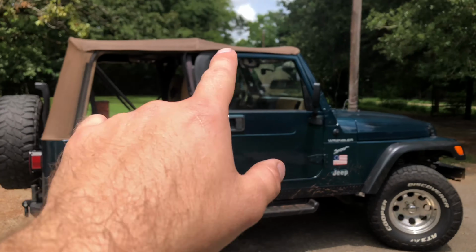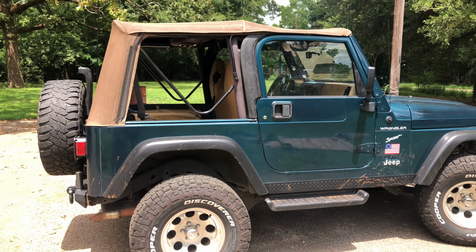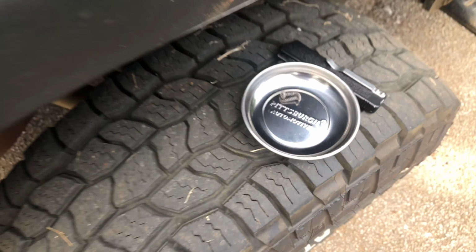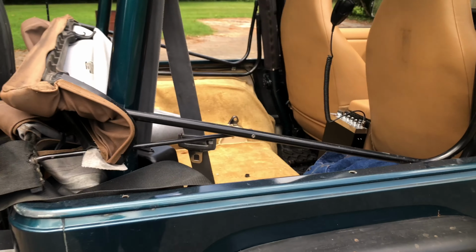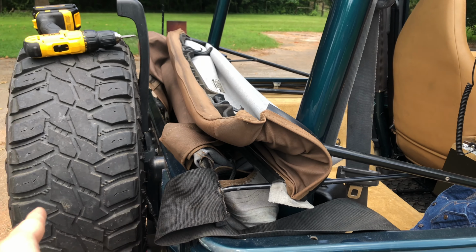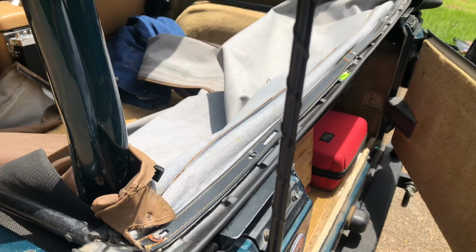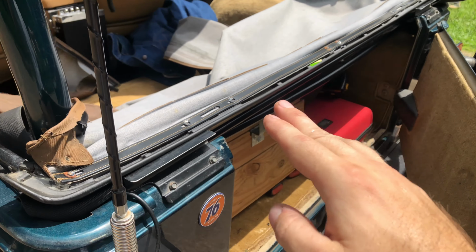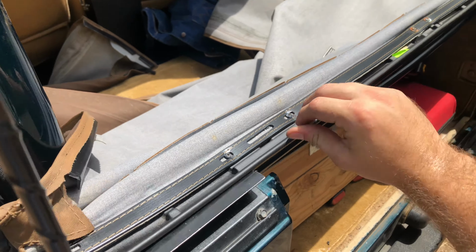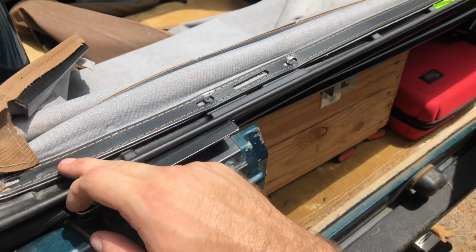Next, you're going to put your soft top down like you usually do, fold it all the way back. Basically, our next step, after we take those screws out on the corner, got them in my little dish there, you're going to have to pull this soft top out from the bottom and fold it over. As you can see, we got the top peeled back. I pushed it under this first bar that goes on your windshield, that windshield bar,